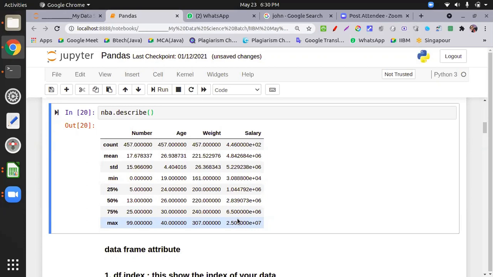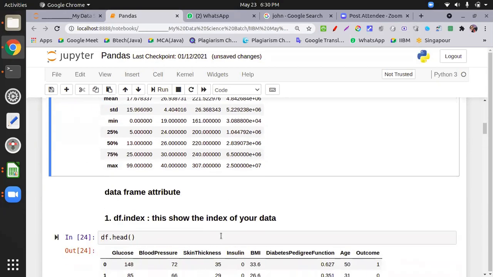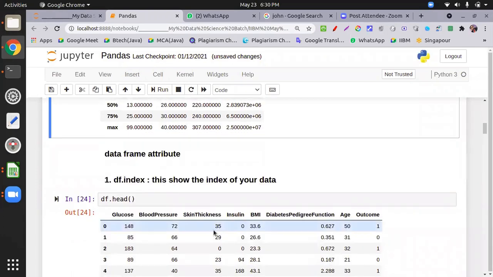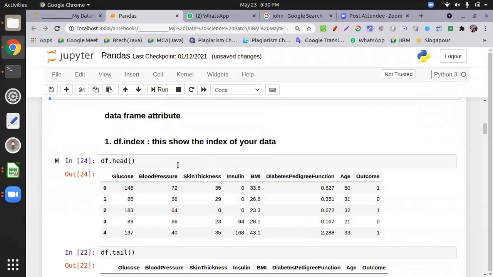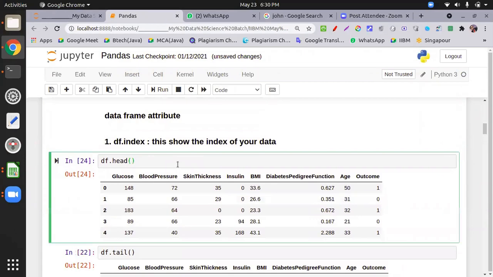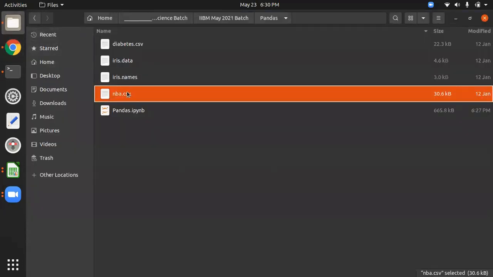Okay, no problem. Pandas is very big. If I teach you pandas for 4 to 5 days, it still won't be comfortable, but try to get your hands dirty with what I teach you today, at least. We will use different data sets. I will give you at least 20 to 30 data sets today in CSV format. I work on 2 or 3: diabetes, NBA, and iris.